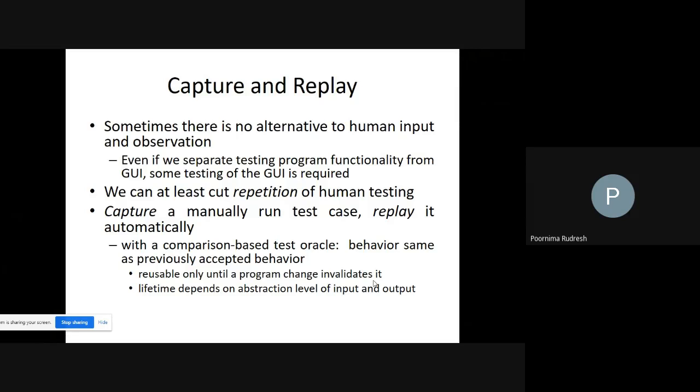So until there is a validity for that test case, continuously we can run the same test case, and that test case fails when the program invalidates it. If the program invalidates that test case, we cannot use it again. Then we have to go for other types of test cases. And